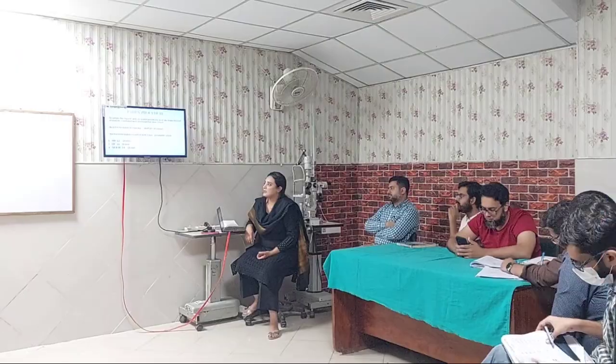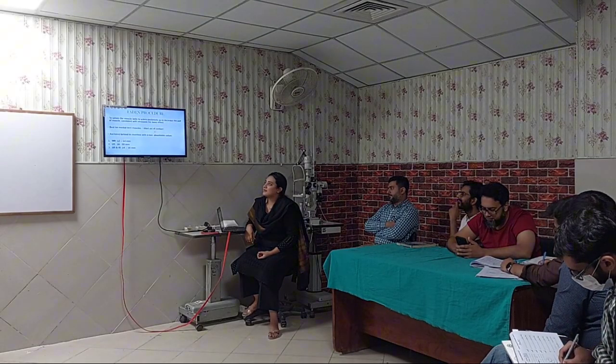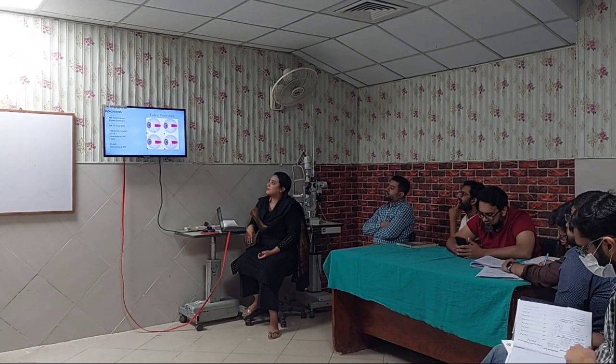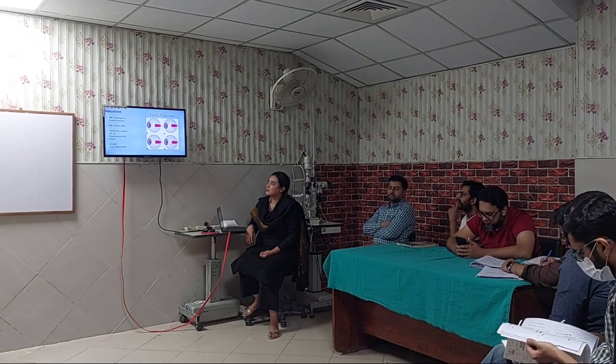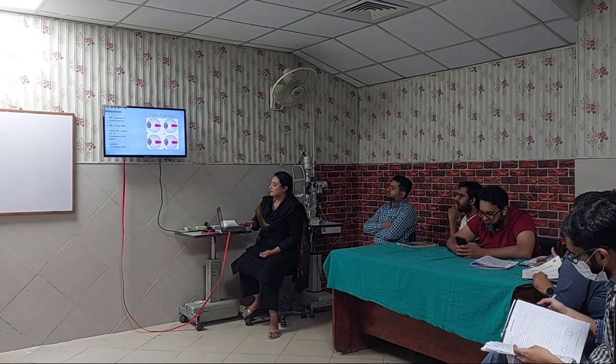These are some suggested millimeters, and for superior rectus and inferior rectus 14 to 16 millimeters. Indications for the Faden procedure: it can be done to the medial rectus in convergence excess esotropia and to the superior rectus in DVD. For paralytic squint of the lateral rectus, the contralateral MR can be done with the Faden procedure. Now we will discuss the strengthening procedures, which comprise resection, plication, and advancement.